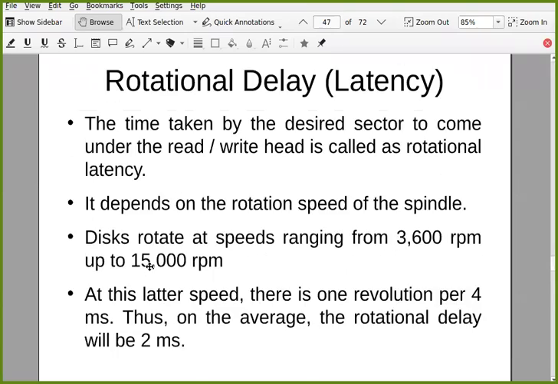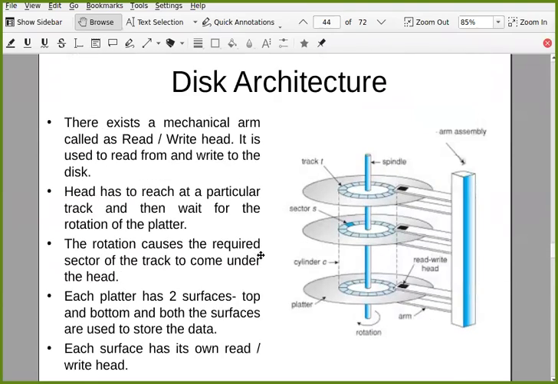Now if one rotation can be completed in 4 milliseconds, then on average, how much time is required for the desired sector to come under the read-write head? The desired sector can be anywhere.